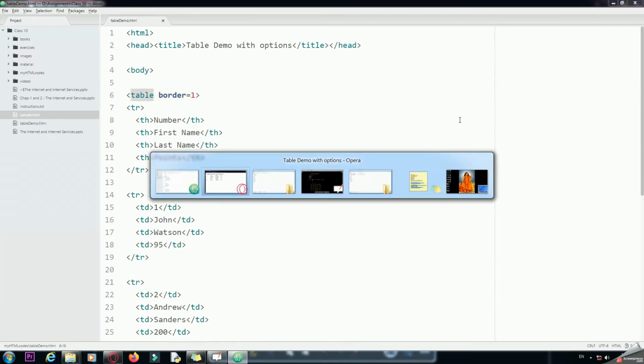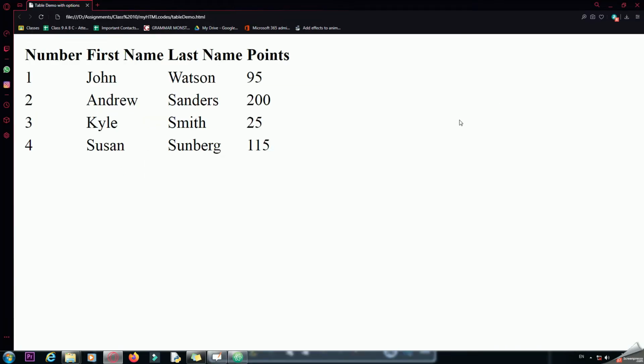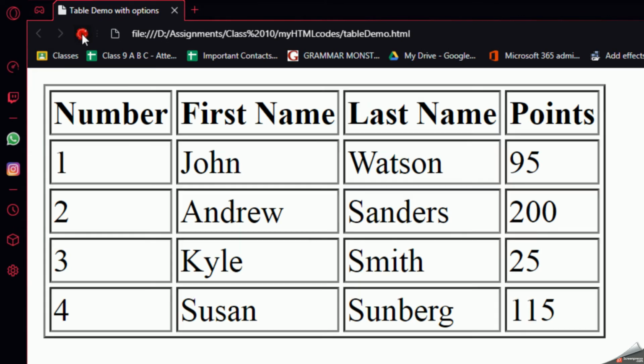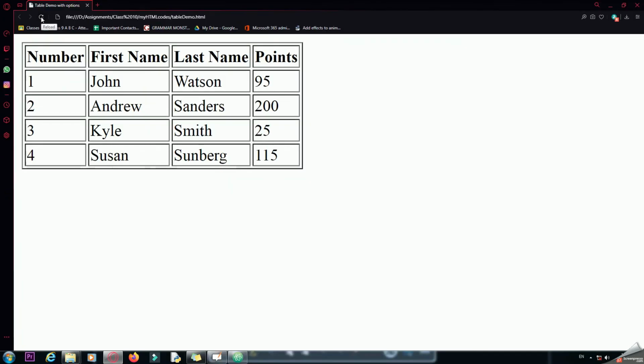Press Ctrl S, come back to the web page, press F5 key on the keyboard, or you can also press this button, which is the reload button. But for sake of quickening our work, we will be pressing F5 key on the keyboard to refresh or reload the page every time.